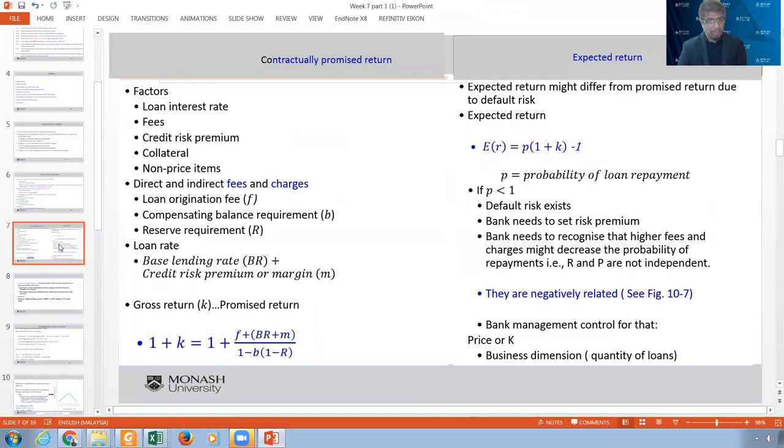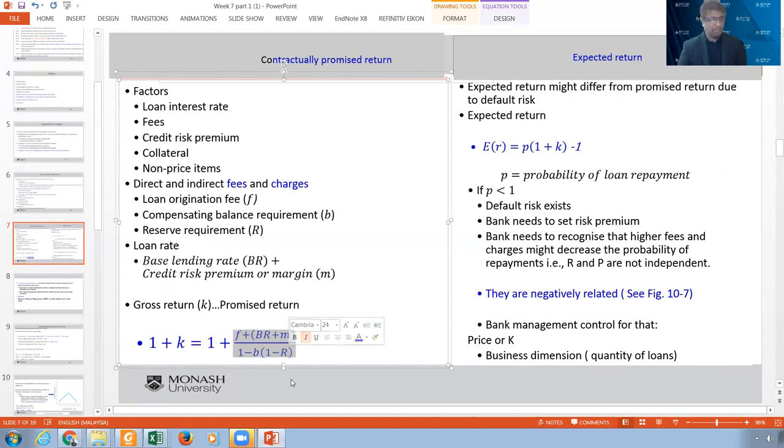Now, if you look at this, this part is the breakdown of the K. And you can see when the reserve increases, the K will increase. When the P, which is the compensation balance, increases, this one will increase. Now, this is one issue. The other issue is,